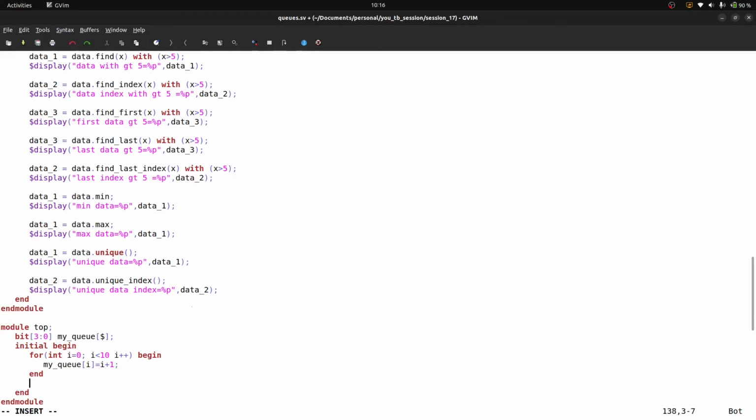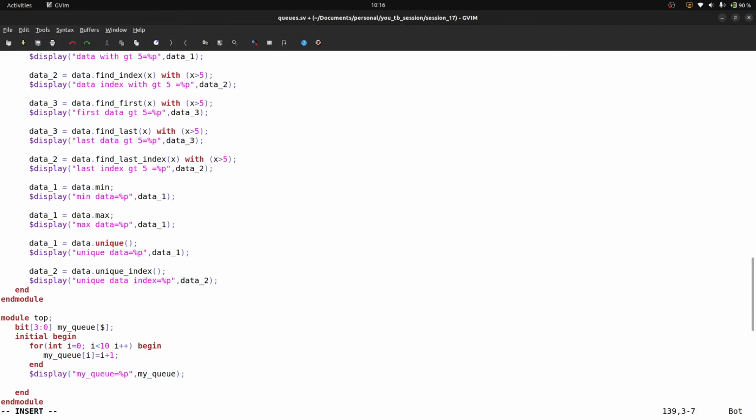After that $display my queue is equal to %p my queue.